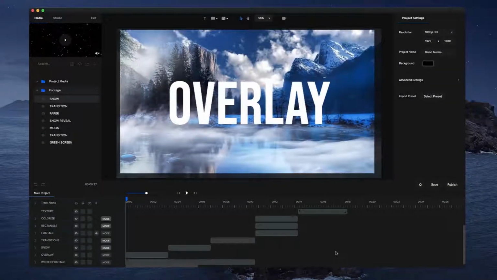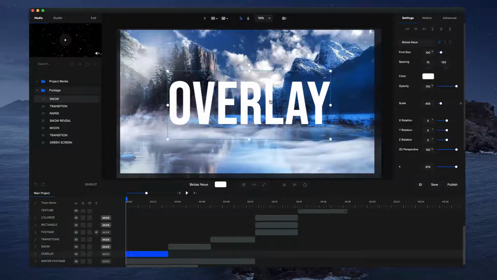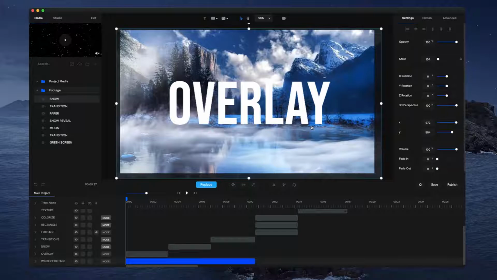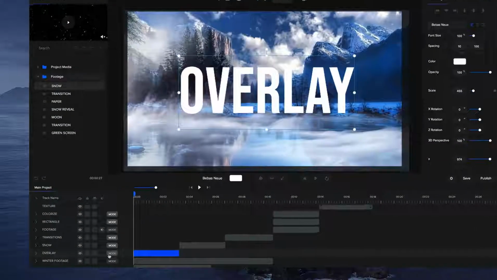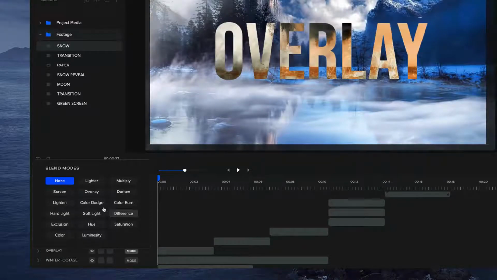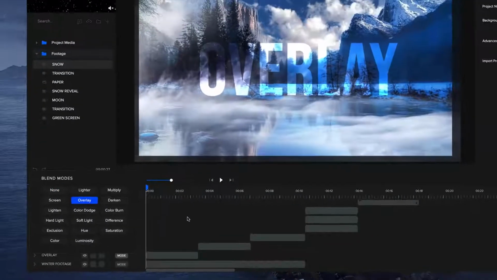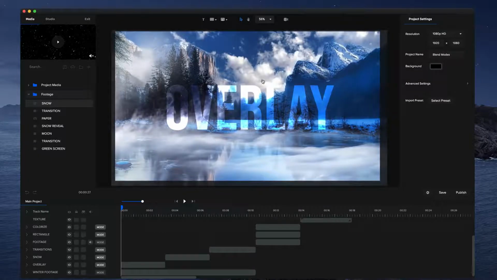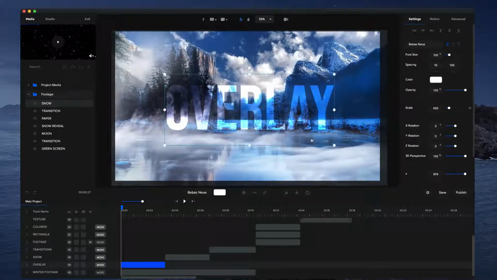Alright, so let's take a look at the new blend modes. Now I've created some projects to give you some examples of how you can use these. So first of all, what I want to do is show you how to blend in your text with footage below. Okay, so basically what you want to do is add some footage, add your text on top, and go to mode, and then simply hover your mouse and go over to overlay. And you're about to see now that we've got this really nice blended look with our text and our footage